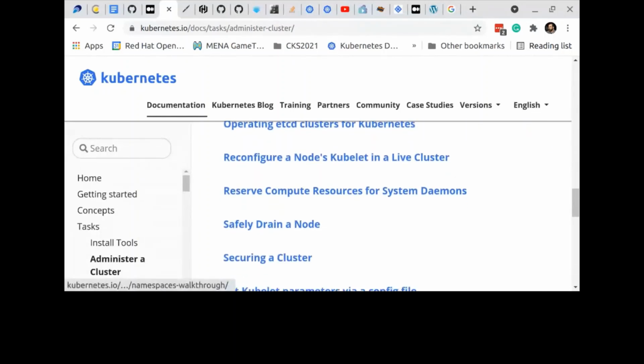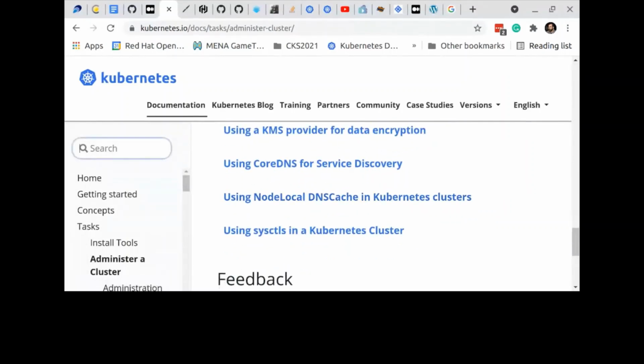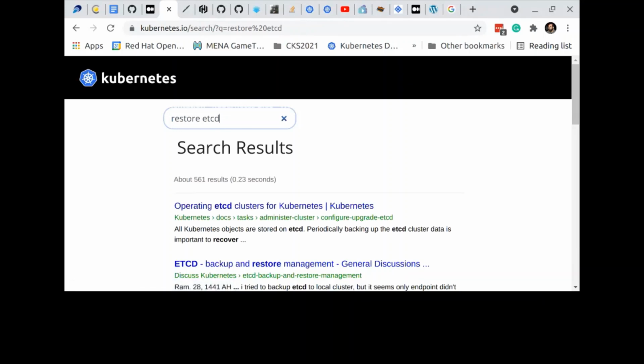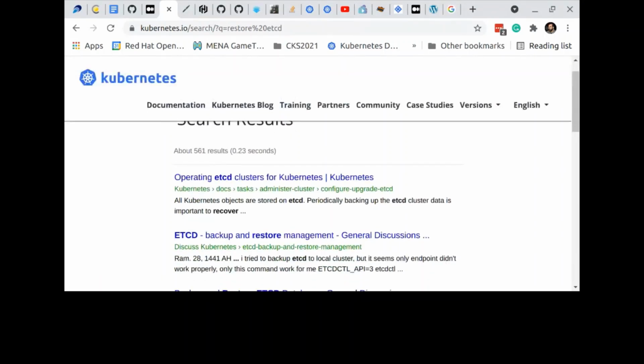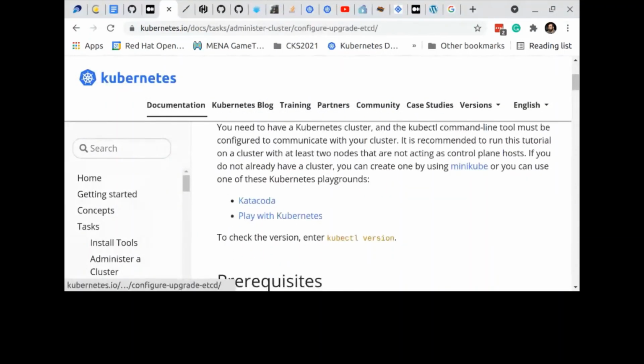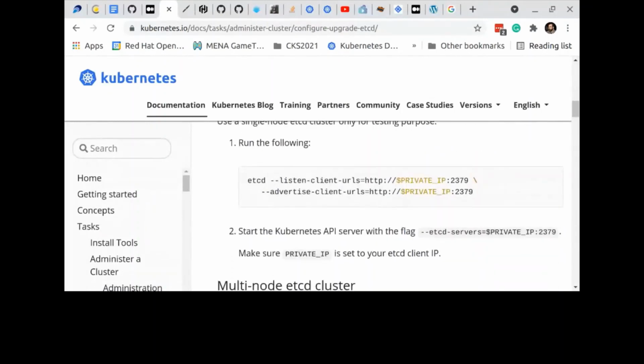Namespace walkthrough, safely drain, migrate the cluster, restore, let's see. So under tasks, administer a cluster, configure, upgrade etcd. So I was nearly there, but it took me time. So you can bookmark this, by the way. If you don't remember it, you can bookmark it.